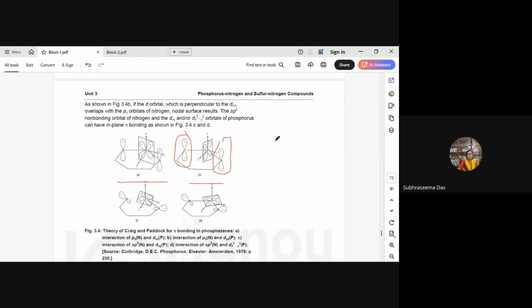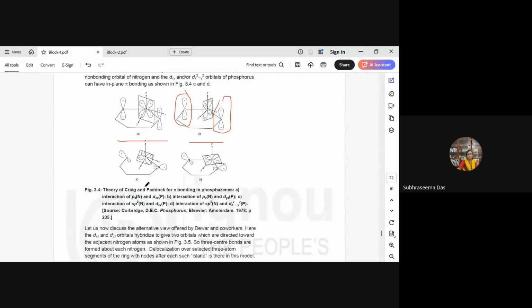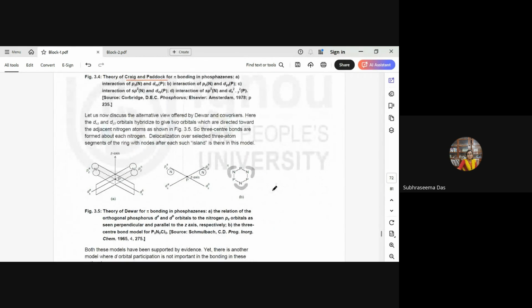The sp2 non-bonding orbital of the phosphorus can have an in-plane pi bonding, as has been shown. So it is a very complicated structure theory that was offered by Craig and Paddock. Now there is also an alternative way to consider the structure of the phosphazenes, and this was discussed by Dewar